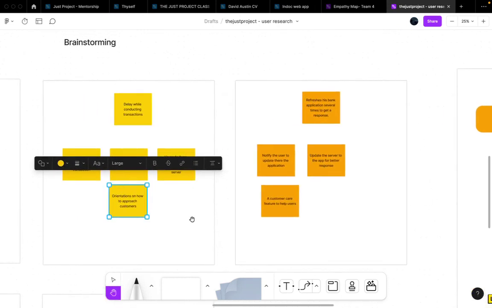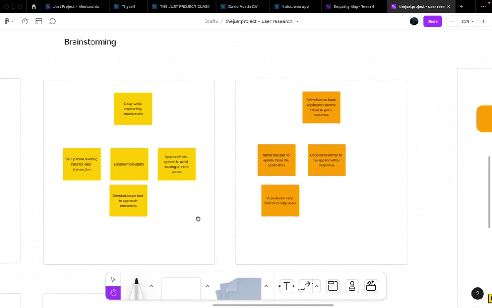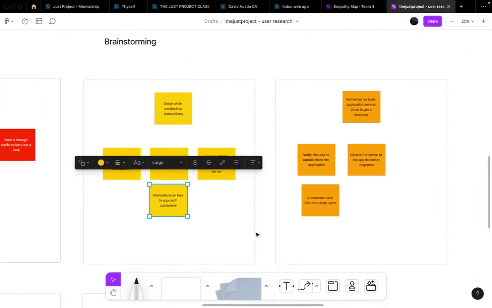You can't actually do that as a developer. You can actually orient how to approach customers on the mobile application, depending on what you're trying to achieve in this research. So you can copy this and put it to